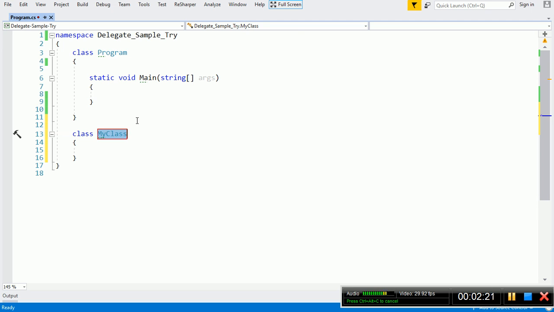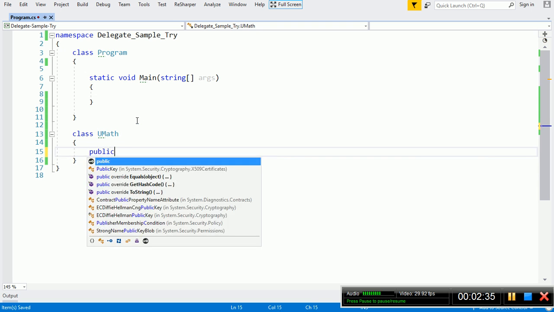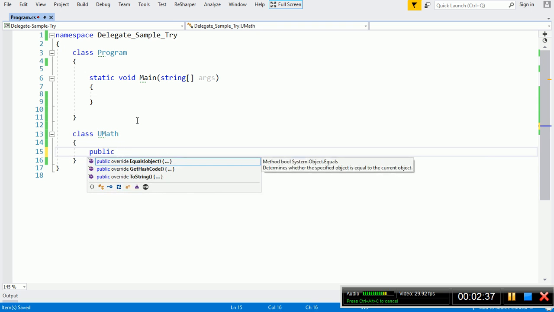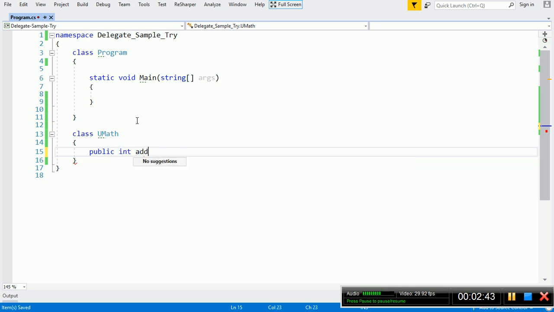For example, this class is used to perform some mathematical calculation, so I will name it umath, where u stands for user defined math. Within this class I will declare two functions similar to our above functions, public int add and public int sub.